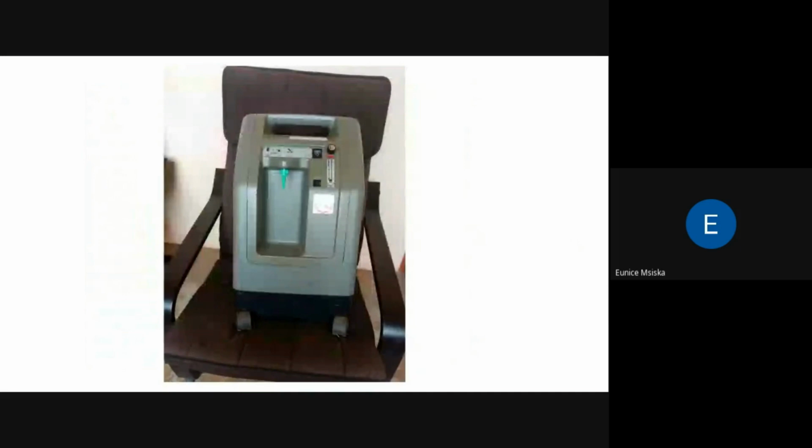This may cause the concentrator to tip or fall. As you can see, that concentrator, of course, it's not in use, but whenever you're using it, make sure you don't place it on places like that, like on the chair or on the bed. It's not safe. It can fall anytime because these machines have tires and they can move anytime. So make sure they are placed down and not on top surfaces.